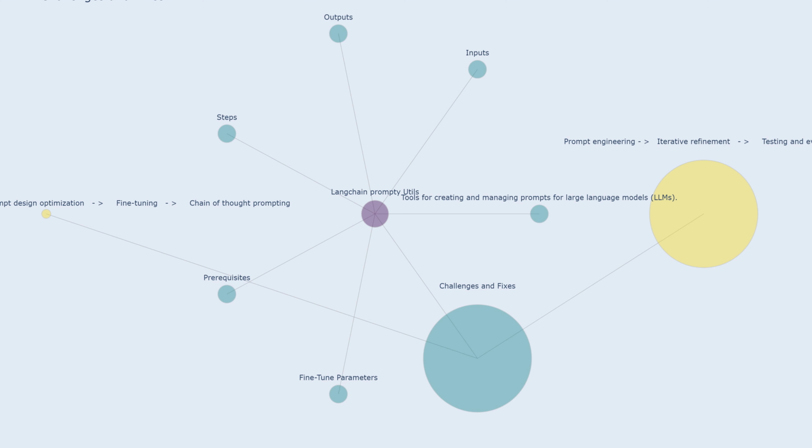This involves assessing the quality, relevance, and accuracy of the LLM's responses, identifying any biases or errors, and making adjustments to the prompt accordingly. For example, you might test the prompt with different user inputs and evaluate the generated outputs based on their relevance,